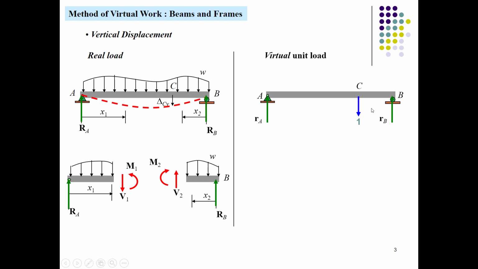As we have two unknowns, and in case of a beam there are two equations, that is sigma F of y equals 0 and sigma moment equals 0. Then by computing these two equations you can get RA and RB. It's simple. So for the application of a virtual load, we will take the section x1 and x2 from the